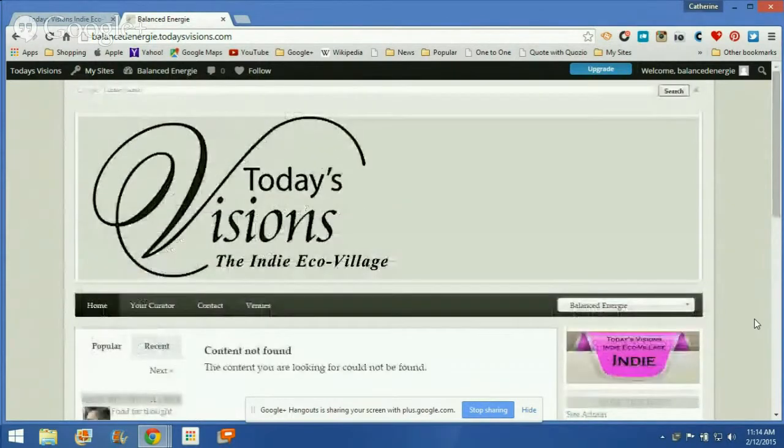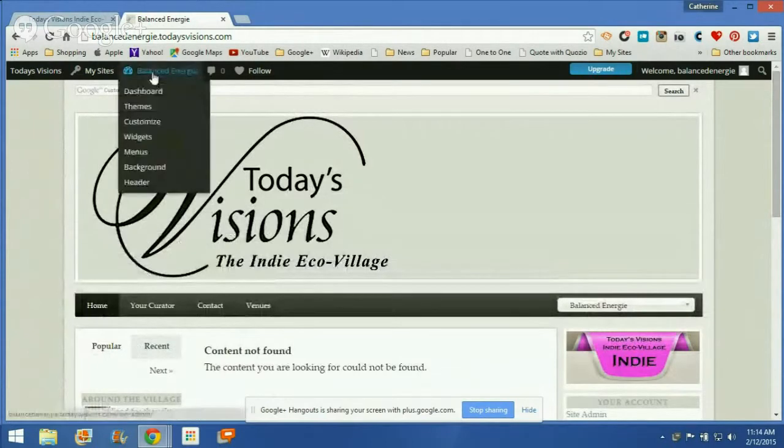Okay, so we want to go in. If you go up to where it says balanced energy at the top, you should see a drop down and go into the header, which is the very last selection on the drop down. Okay, so